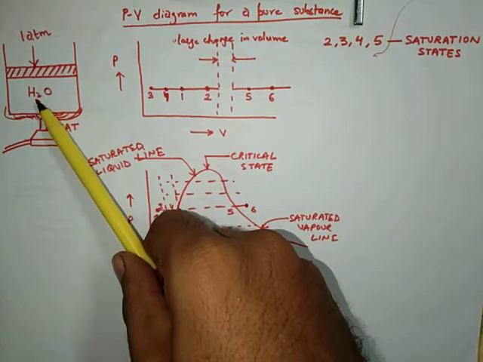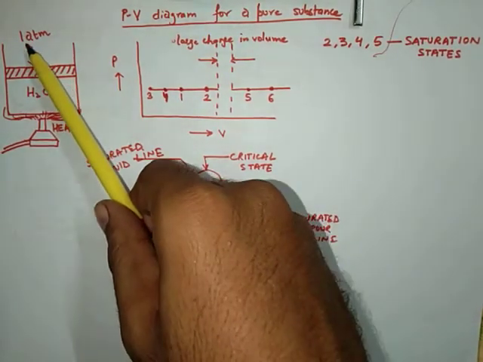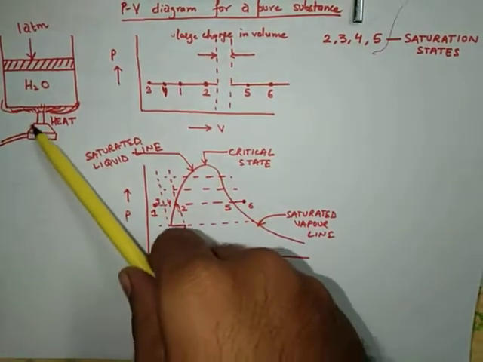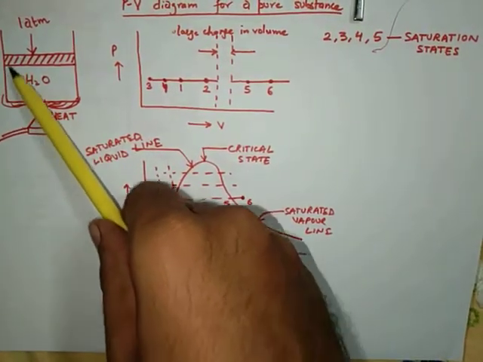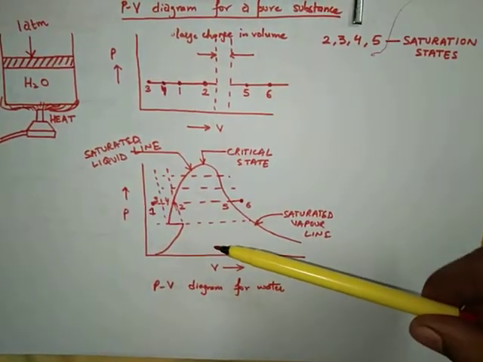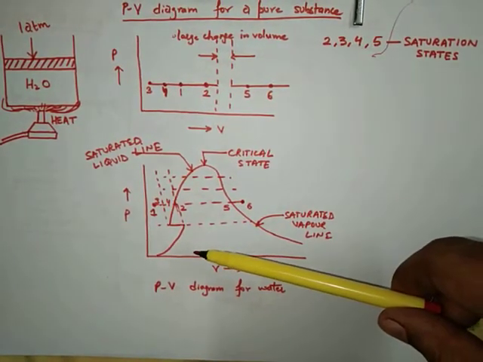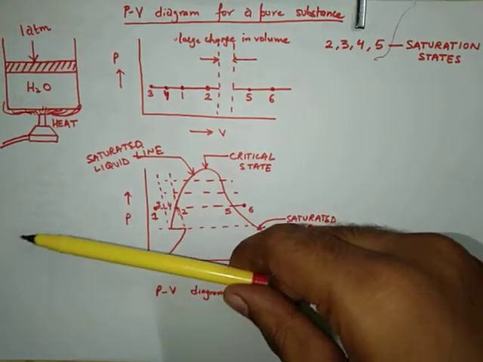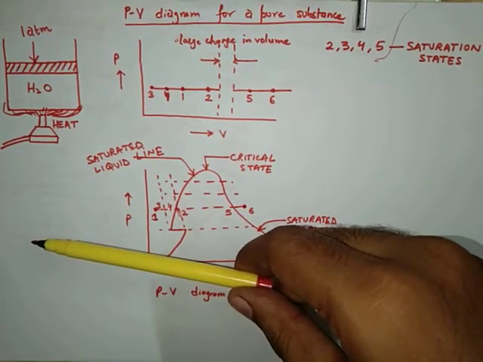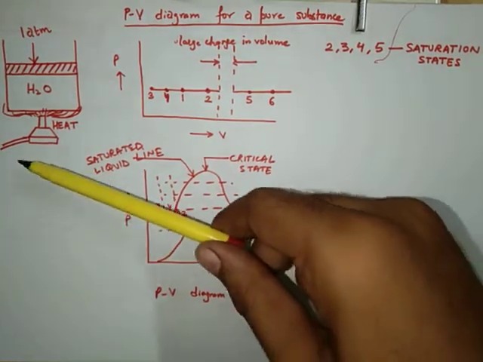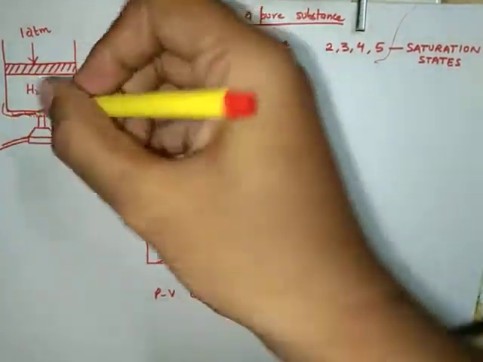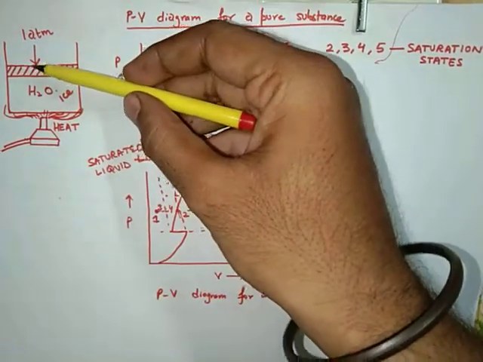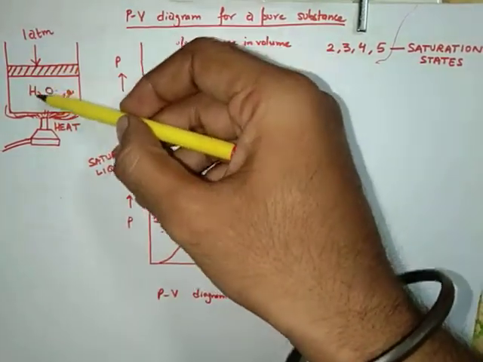with water in it. A constant pressure of 1 atmosphere is applied on the piston, and we have a heat source under this container. Assume a unit mass of ice at minus 20 degrees Celsius and 1 atmosphere contained in this cylinder and piston machine. Now, when this ice is heated slowly, we all know that it will be converted into water.